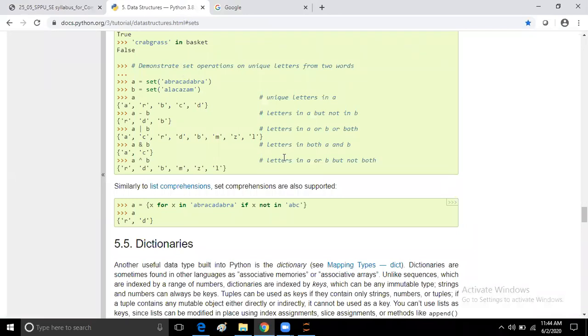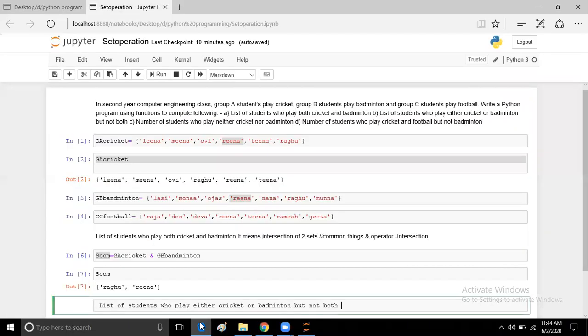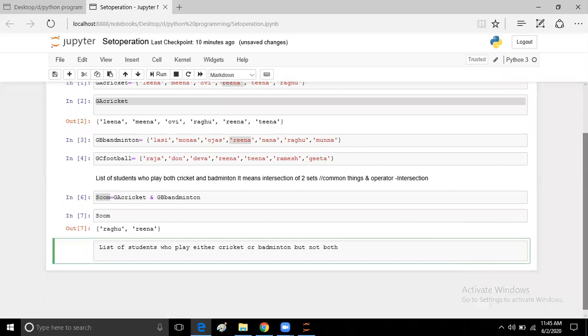In such a situation we are going to use the caret operation, the symmetric difference.